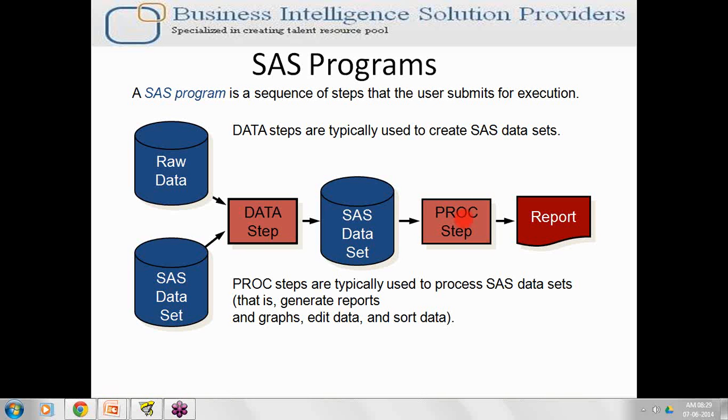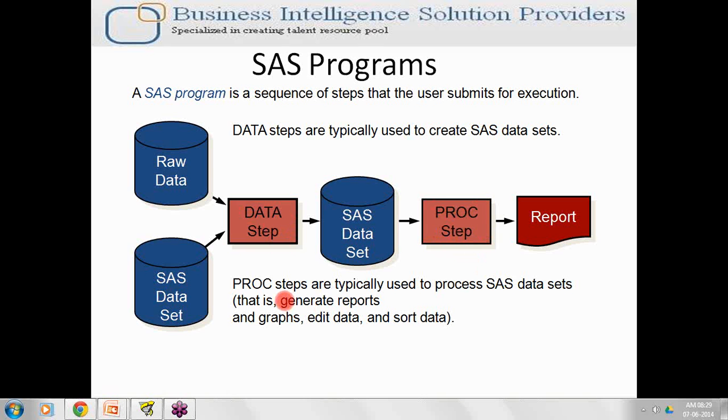At some point my customer may want to edit some data available in my native data set, and that we can also perform. It means that once I have created a SAS data set with the help of a data step, whatever desired operation I want, I can perform with the help of a proc step.